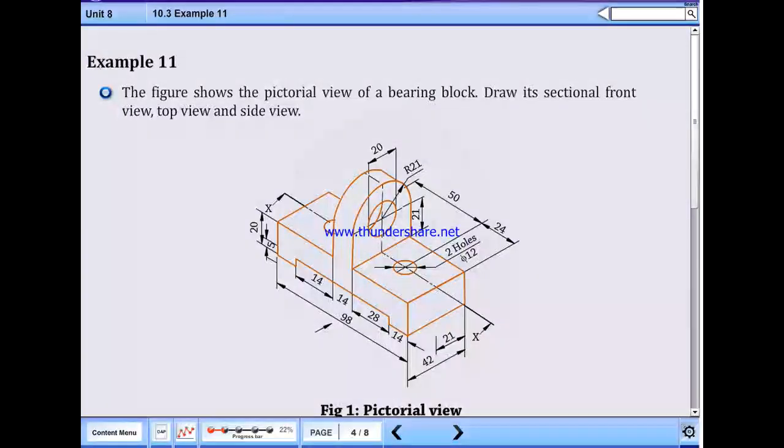The figure shows the pictorial view of a bearing block. Draw its sectional front view, top view and side view.